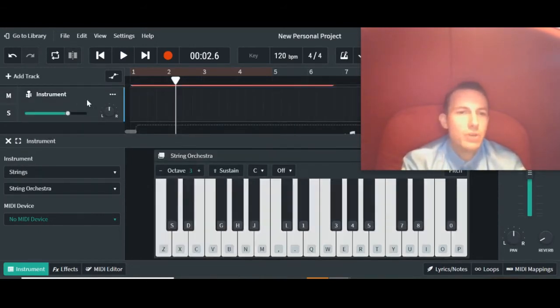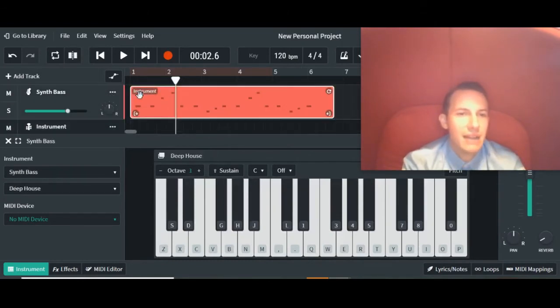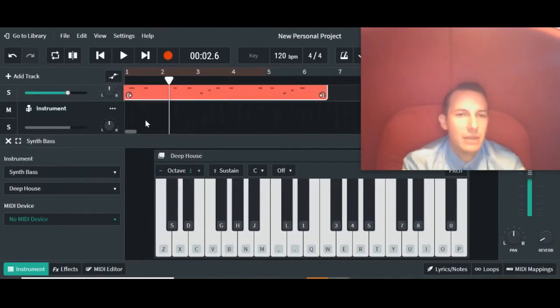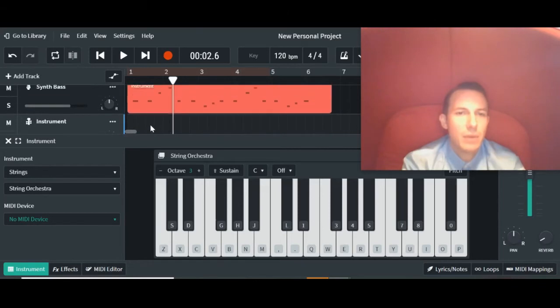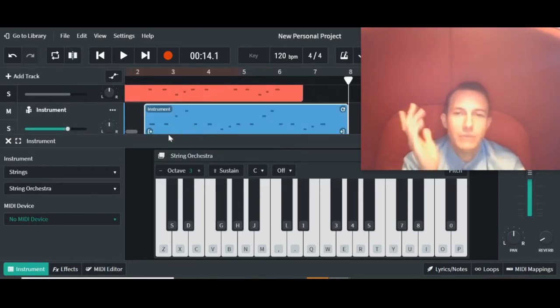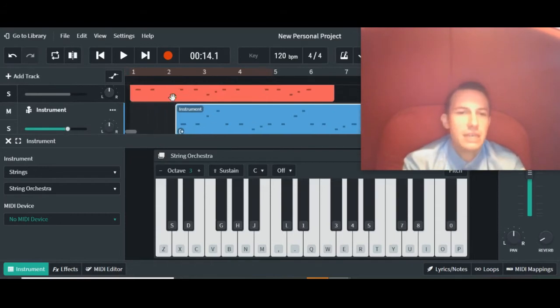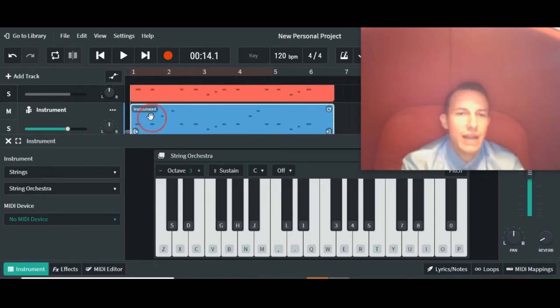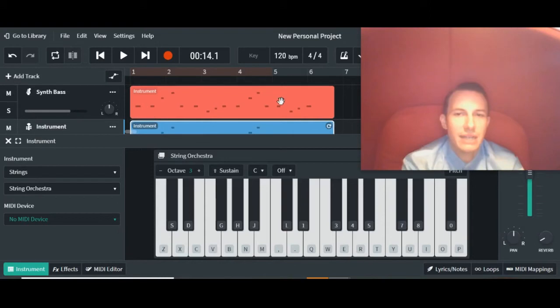We'll go down to our new instrument track and make sure it gets highlighted, so it's not up on this one. We'll click down below it, and then right below where that loop is, we're just going to right-click and hit paste. And voila, it shows up. You can see here these do not line up, so I'm going to drag it all the way over. So now they're starting and ending together. Now, if I were to click play,